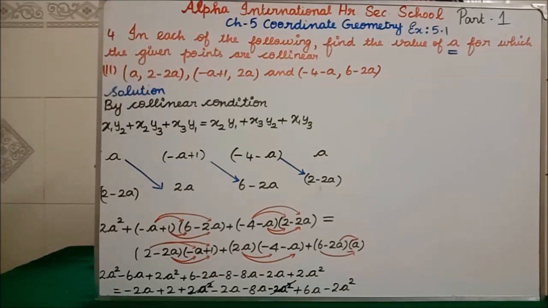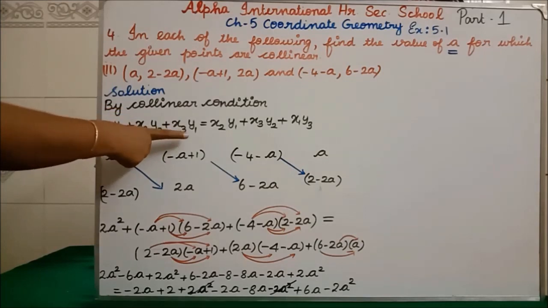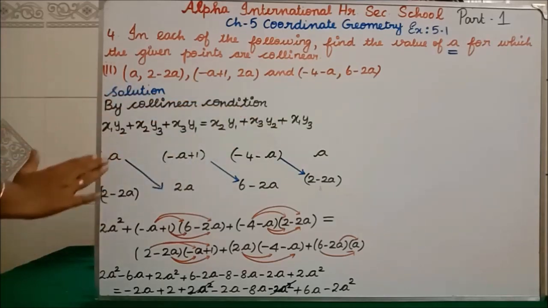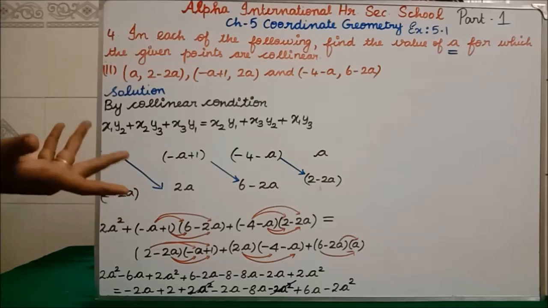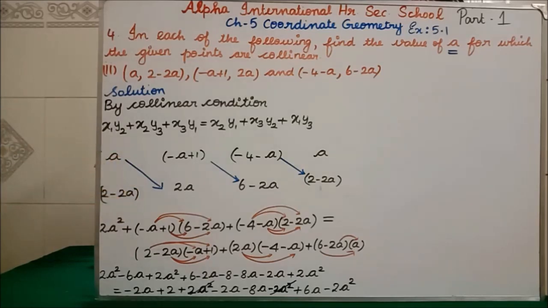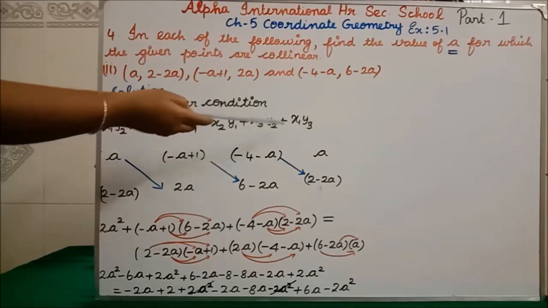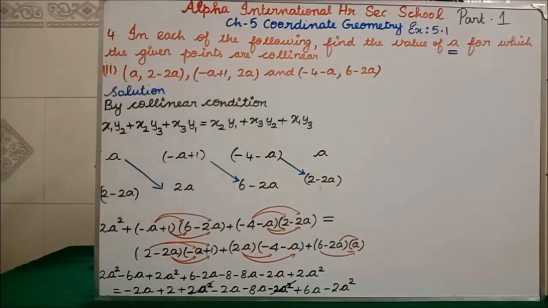Collinear condition means, as I told you, you can use the area of the triangle formula also. In that area space you have to put 0. Finally, if in the answer you are getting 0, the points are collinear. Otherwise, you write this side and in the area of the triangle you write the formula inside, equal to the other side. If you are getting both LHS and RHS equal, then the given points are collinear, I have said. We are going to take a second condition, which is x1 y2 plus x2 y3 plus x3 y1 equal to x2 y1 plus x3 y2 plus x1 y3. Okay, this is our collinear condition. Now we will go for the solution.